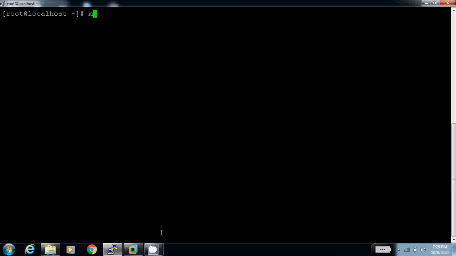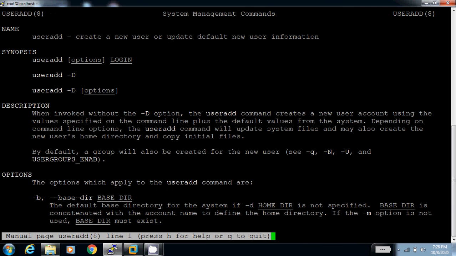First of all, I will check the man page of the useradd command. See, useradd creates a new user or updates default new user information. By using useradd, we can create a new user.